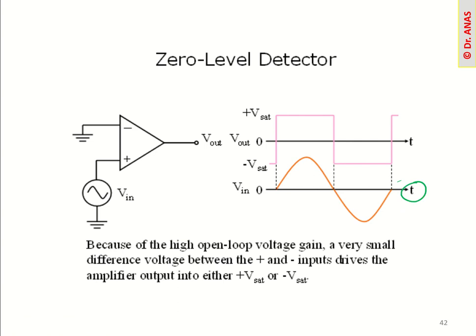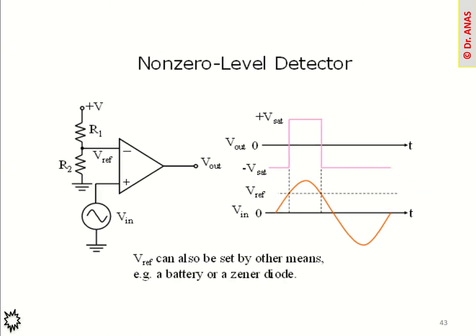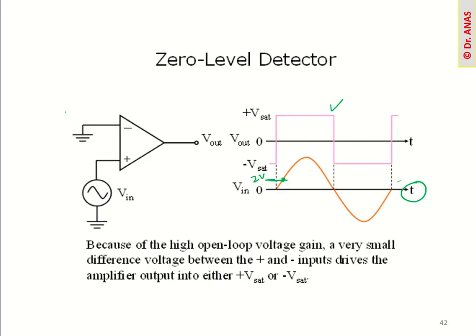Okay, similarly we can design actually the non-zero level. For example, you want to build this circuit for this specific level. For example, when this signal level goes above 2 volt, then the change should happen. That will be the non-zero level detector. So this is the circuit for the non-zero level. The only difference is here we take the reference of 0 volt. So whatever reference you want to define, we can define that reference here.